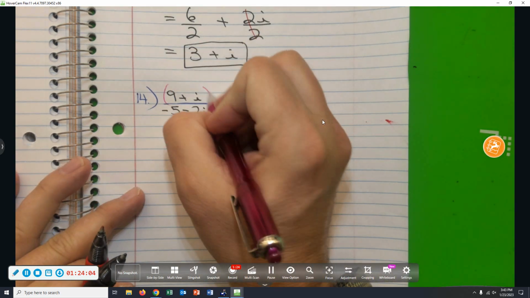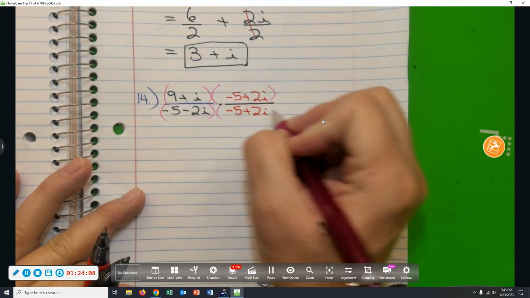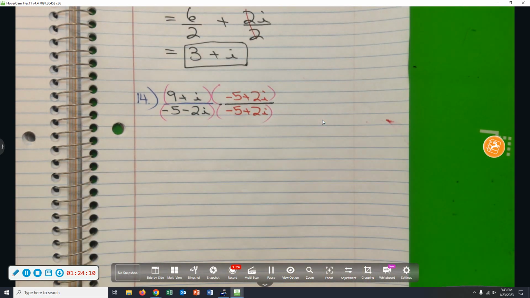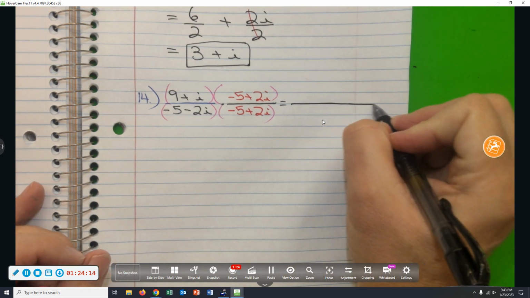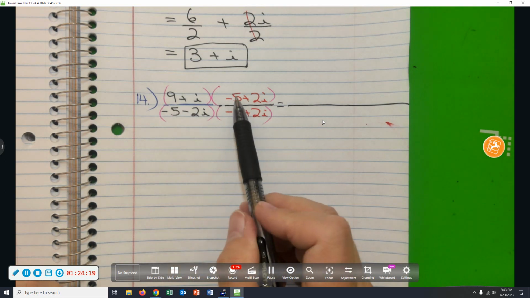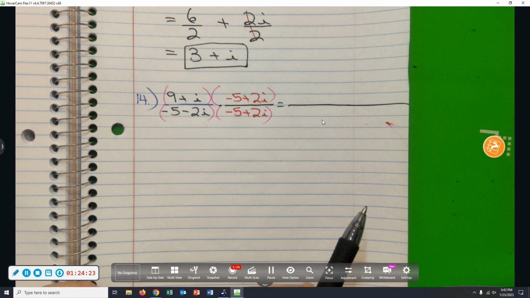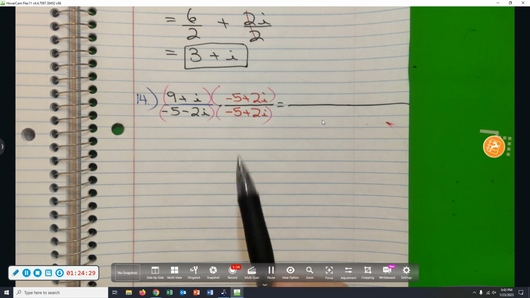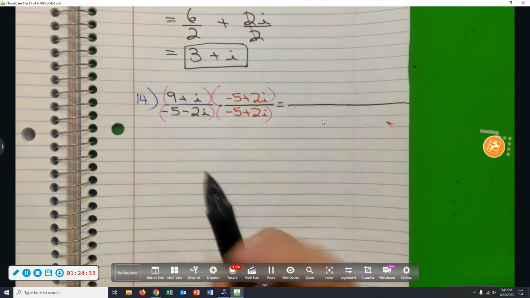So now we're going to FOIL. We'll FOIL out the numerator and FOIL out the denominator. Let's FOIL out the numerator. First, 9 times negative 5. Is this the most foiling you've done in a long time? No? Okay, good. 9 times negative 5 is